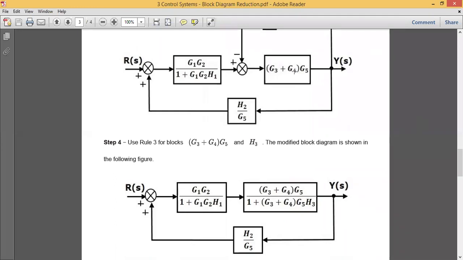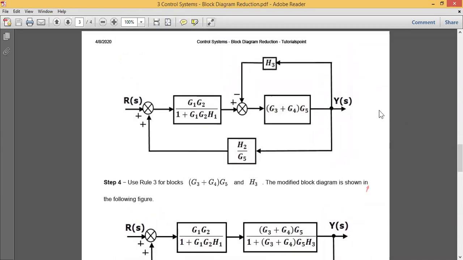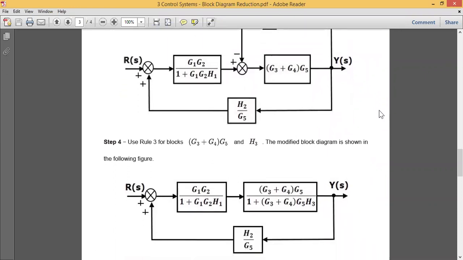This whole block. So I have written in the numerator, divided by 1 plus G of s. So 1 I have written as it is, plus G of s means the whole block of G of s, I have kept it as it is, into H of s. So here H represents your H3. So that is the reason I have written here as H3. So I got one complete block. Okay, so this is my modified diagram for step number 4.